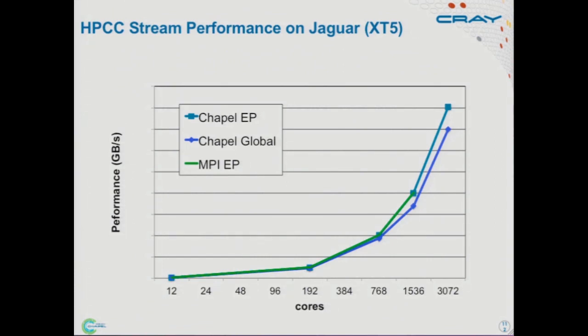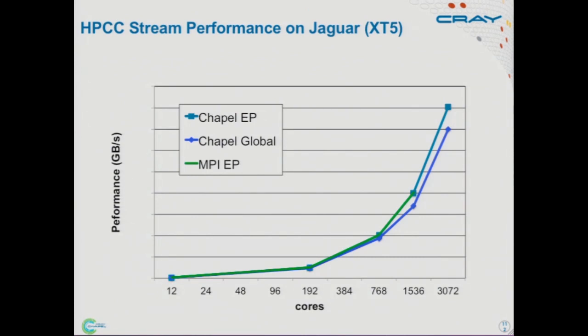Now there's a big caveat here, which is that Stream, again, is an embarrassingly parallel benchmark. There's no communication. If you have something that does require communication in Chapel today, that's one of the areas where the performance is not quite yet as good as it needs to be. We're not very good at optimizing communication yet. And so if I were to take, for example, a 3-point stencil and compare MPI to Chapel, you would see Chapel doing much worse, because the communication we tend to do is much more fine-grained, demand-driven, and less well amortized than it is in most MPI implementations.